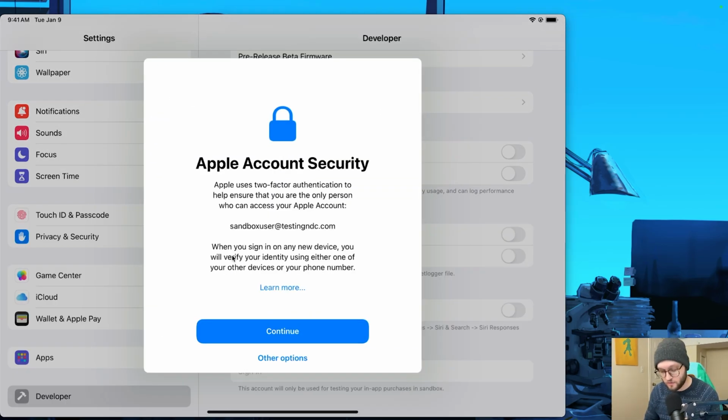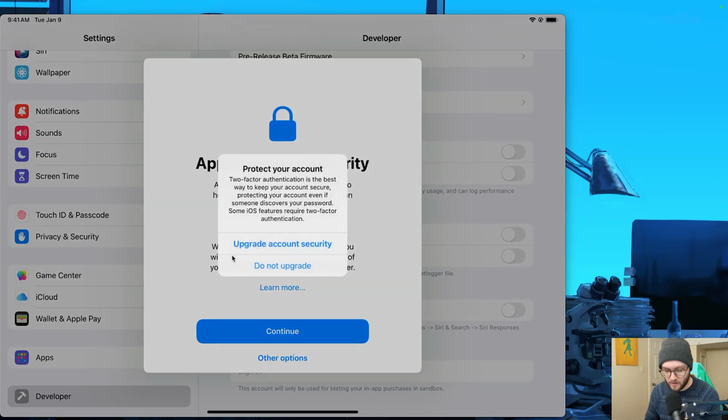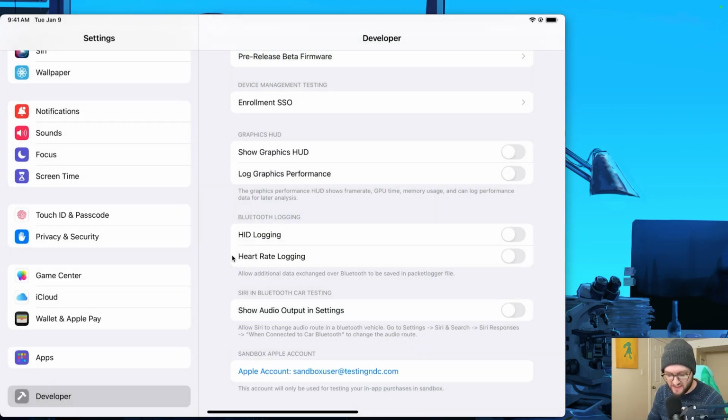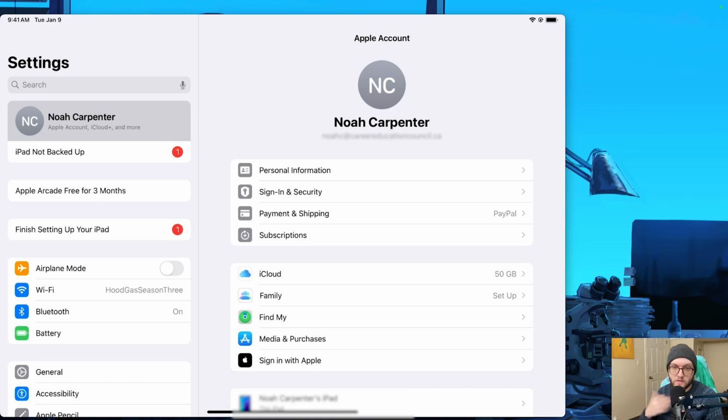If it asks you for two-factor authentication, I would go ahead and do the "do not upgrade" under other options. And if you can see here, at the very bottom, this account will only be used for testing your in-app purchases in Sandbox. So we also need to sign into our Sandbox account for in-app purchase testing through the